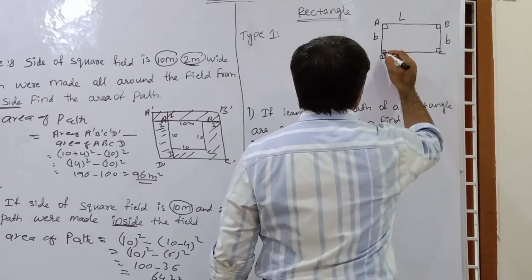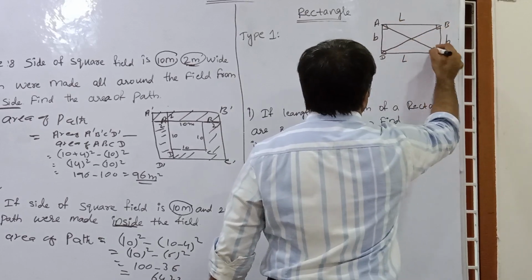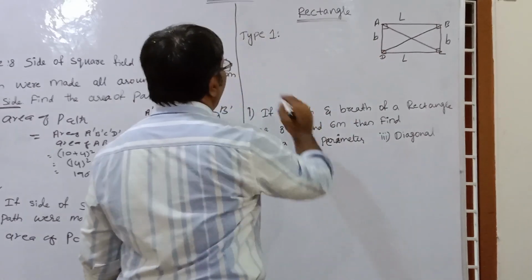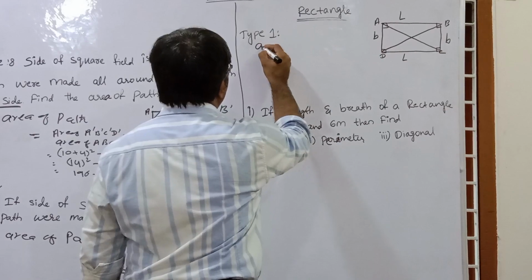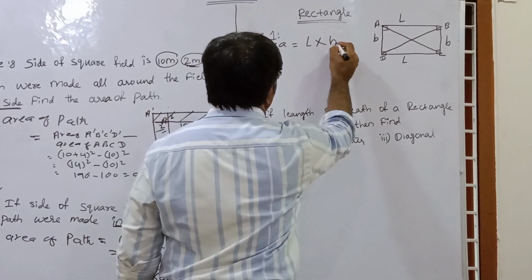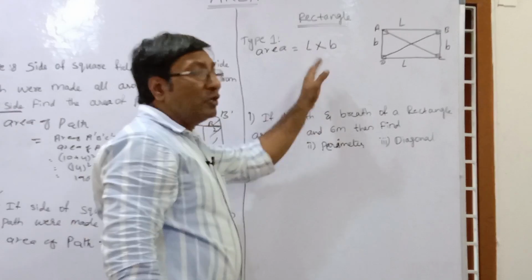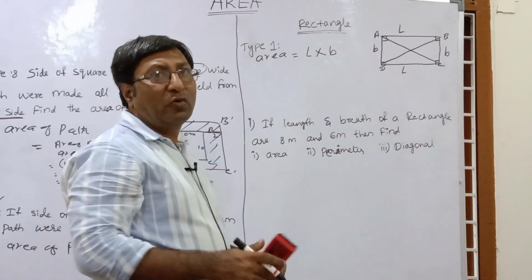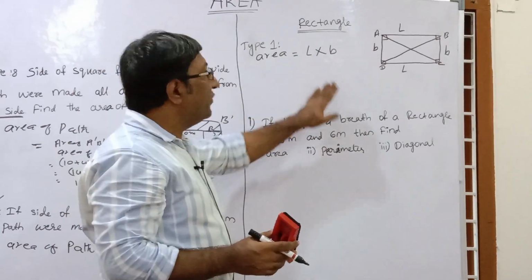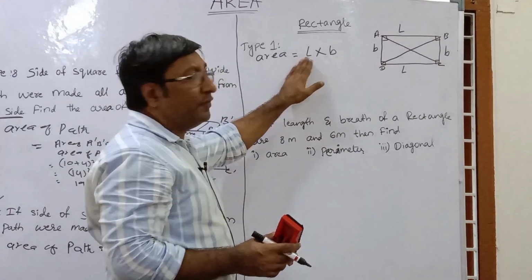Okay. And if we connect the opposite corners, this BD and this AC, then it is the diagonal of the rectangle. So what is the basic formula of the rectangle? First you find the area. The area of a rectangle is length into breadth. In this, area, length and breadth, 3 terms are given, so when any 2 of the 3 are given, we can find the third one. If length and breadth are given, we can find the area. And if area and length are given, we can find the breadth.